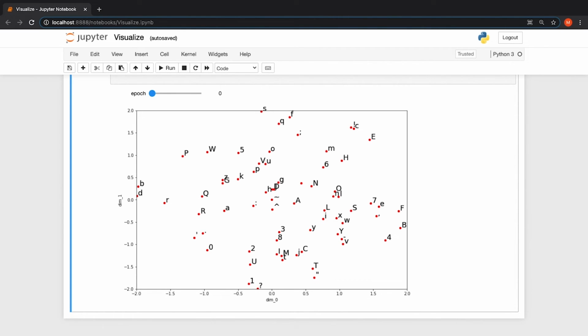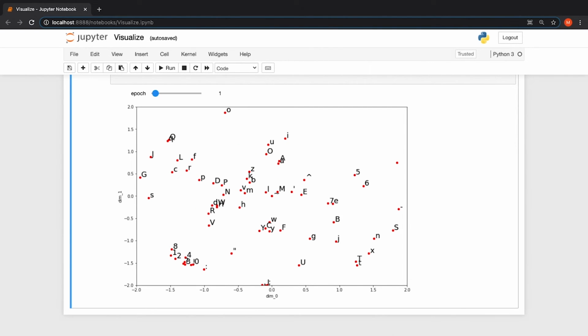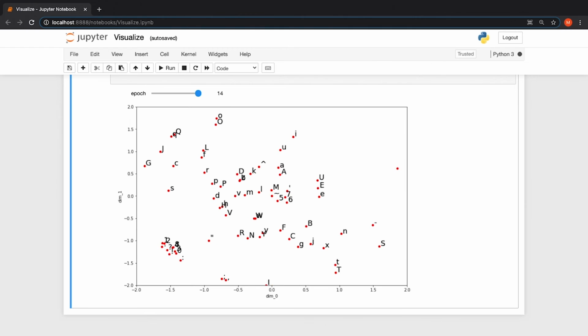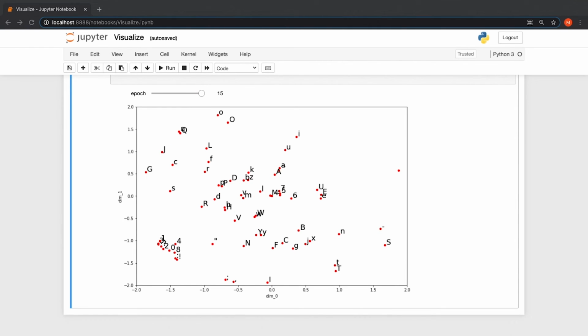The most radical rearrangement happened after the first epoch. The numbers, for example, were already put into the same cluster here. As we continued the training, the characters that are somehow similar started to group themselves together. If we look at the last epoch, we see many cases of 2 character groups containing the lowercase and the uppercase version of the same letter. For example, the letter T, the letter Y, the letter H, the letter P, the letter O, and so on.